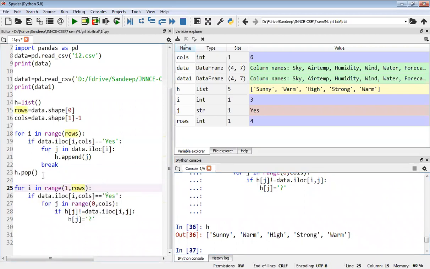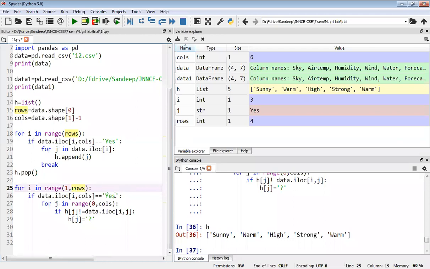Once the first example is over, we shall start with the next example. In the second example, I'm going to check the final column value, whether it is yes or no. You know that the second example is a negative case, so it's no. Is it clear? So this condition will not work, and we shall go to the next iteration for the third example.